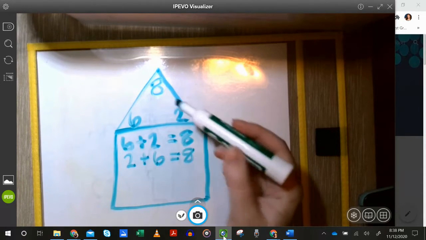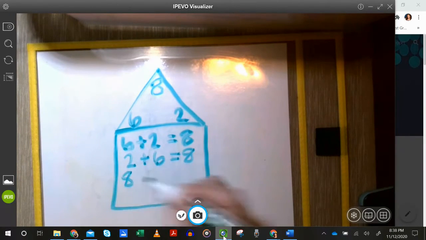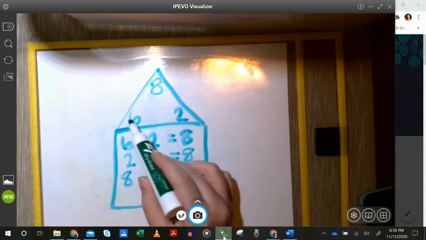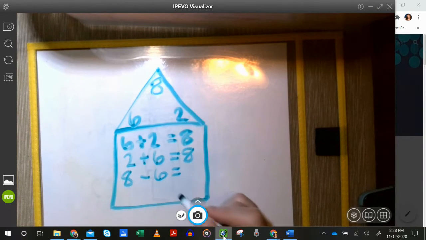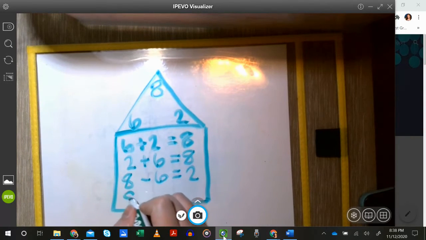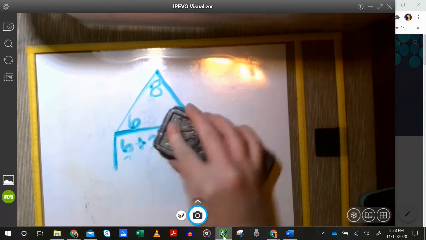Okay. Let's look at how we could take this family apart. So if this family, the 8 family, were all at home, and one of them needs to go somewhere, who should we have go away? Let's just have the 6 go. Okay, so if the 6 goes somewhere, then who's left over? The 2, right. And if we have the whole family at home and the 2 goes somewhere, then who's left? The 6. Okay,